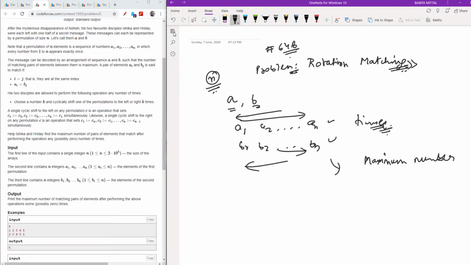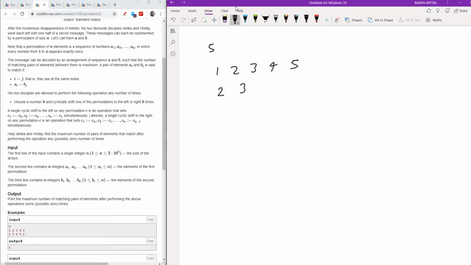If we see the first example, then we have five elements. One array is 1 2 3 4 and 5. The next is 2 3 4 5 and 1. So we will shift it. As you can clearly see, if I shift this one time, then I will get 1 2 3 4 5.